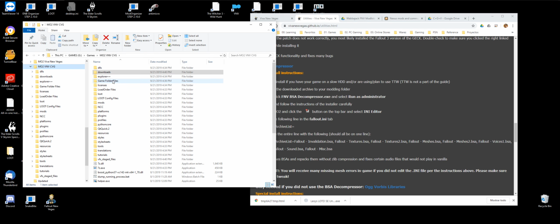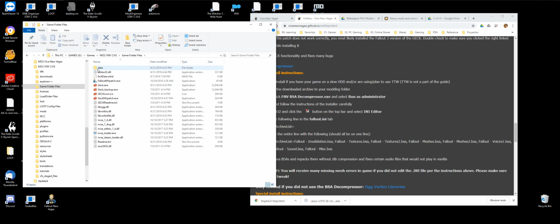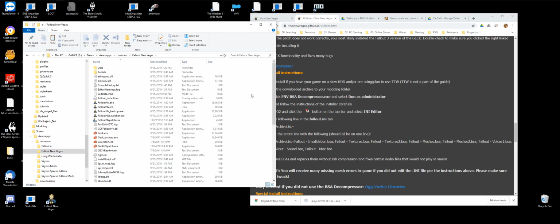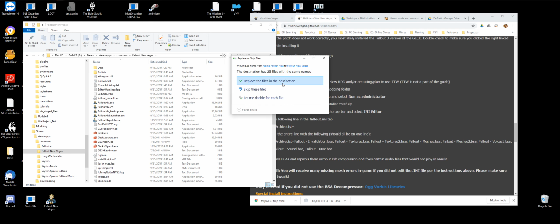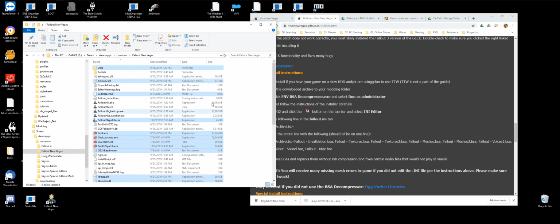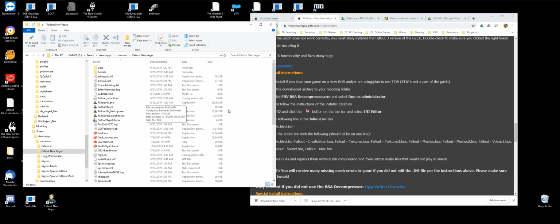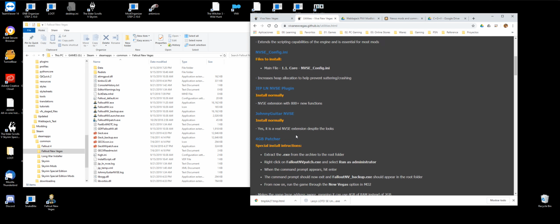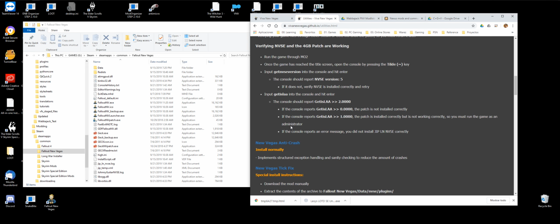But you also have the game folder files. These files go to the game folder, so I'm going to cut them and put them where my game is installed, in this case Fallout New Vegas. I already have them, so it will ask me to override them, and I'll say yes. Okay, now that I did this, this is the part of the guide with the 4 GB patcher and